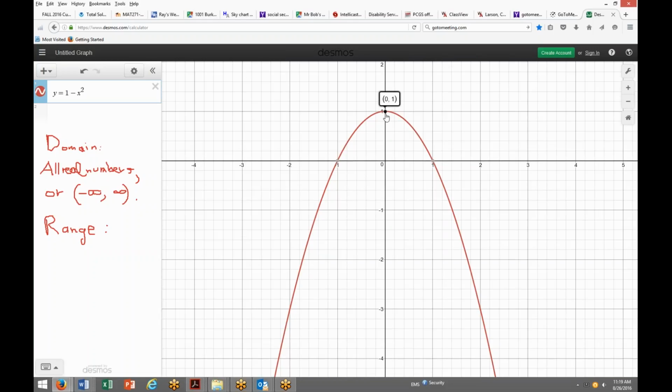In fact, I'm going to use Desmos and highlight the coordinates of that uppermost point of this parabola. You perhaps recall it's called the vertex of the parabola, the maximum point of the parabola, because it has the maximum y value for the entire parabola. Parabolas that open upwards also have a vertex, but it's known as the minimum point instead of the maximum point. So this maximum point, yes, the x-coordinate is 0, but that's not the main point. The maximum point has a y-coordinate of 1, and that is the absolute maximum y value in the range of this function, f of x equals 1 minus x squared. So the range,